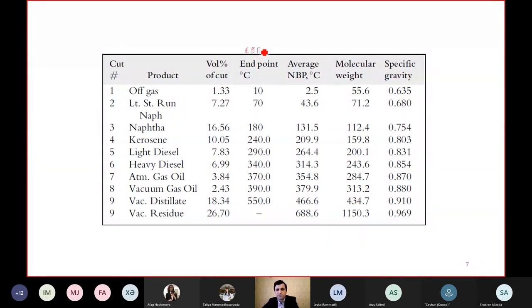Naphtha, we have the initial boiling point and end boiling point. Naphtha has an initial boiling point of around 30. End boiling point is 180. Then kerosene has 180 to 240. And then light diesel 240,